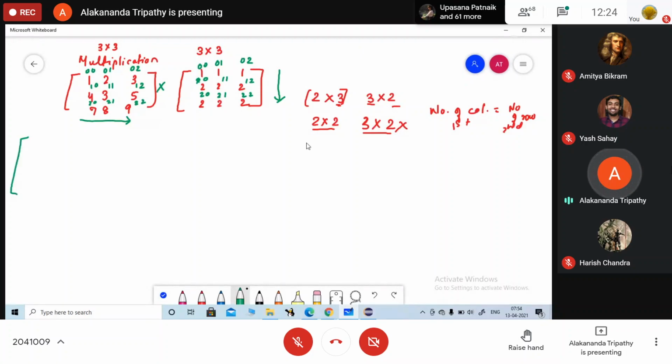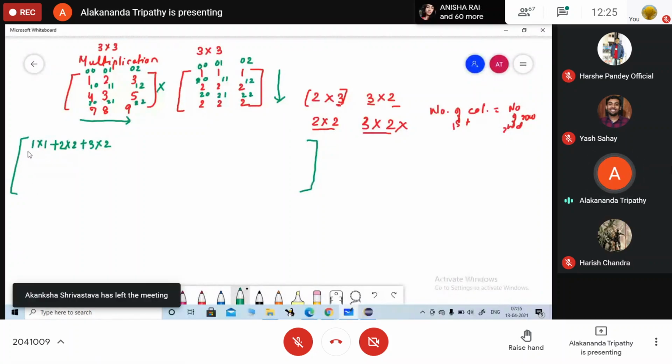कुछ ऐसे करके मैथ्स में मल्टीप्लाई करते हो आप लोग? Yes, ma'am. So what we are going to do here? We are going to write for this particular value 1 into 1 plus 2 into 2 plus 3 into 2. So this is 0 0 into 0 0.